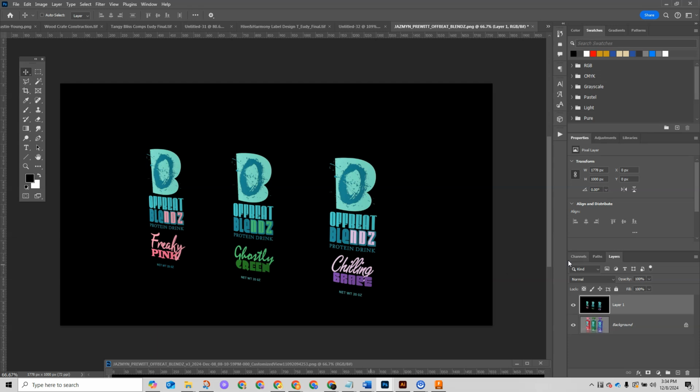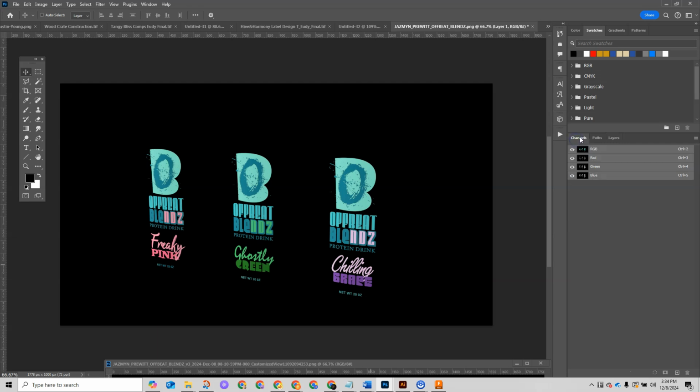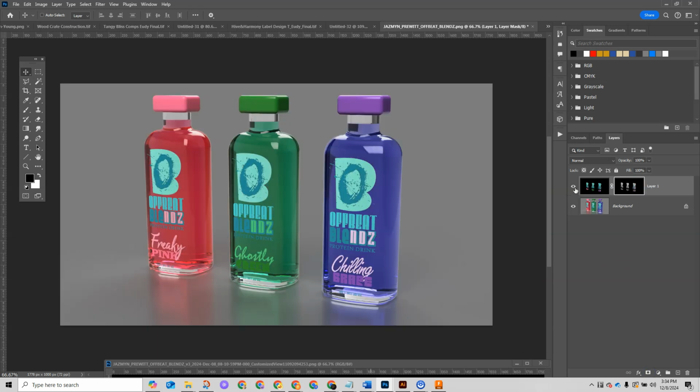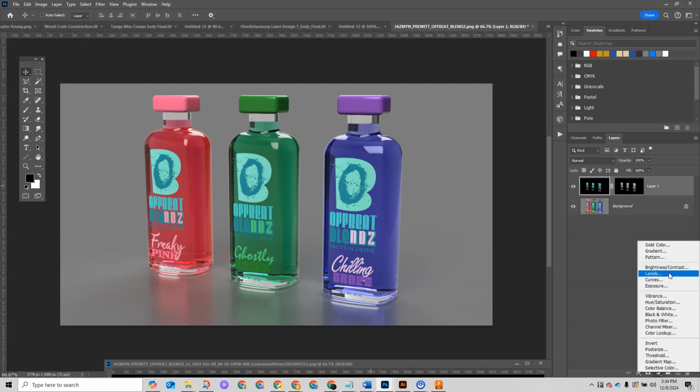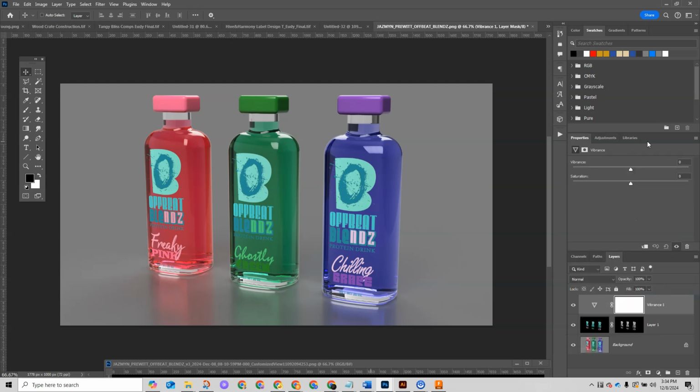So now with this black selected, I'm going to go to my channels, hold down my control key, and click on the icon right here, and it's going to select my logo. Then I go back to layers and put a layer mask on this, so all that will be left is my logos on top of there. Selecting the logos, I'm going to add 2 adjustment layers to it. I'm going to add in a vibrance adjustment layer,